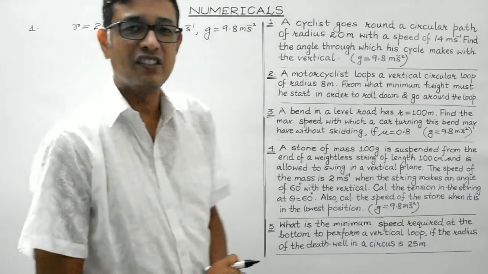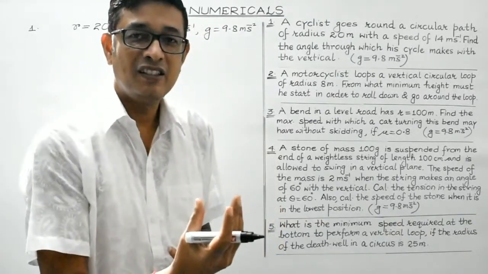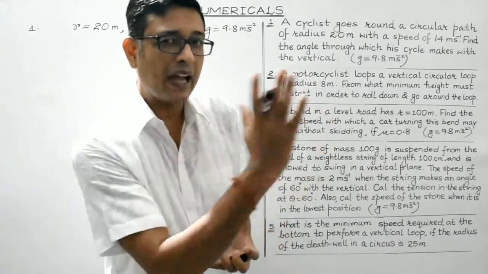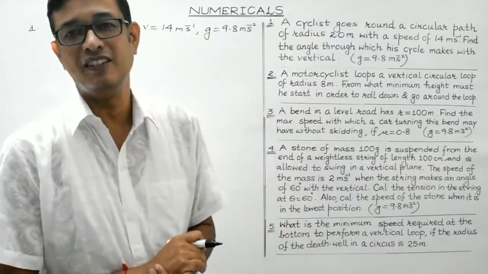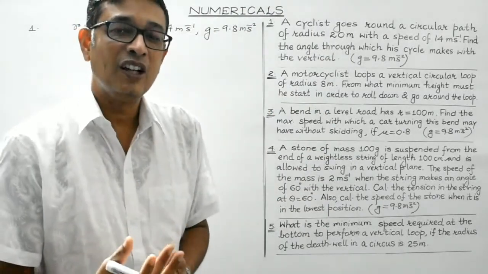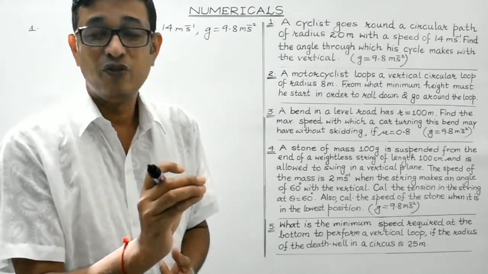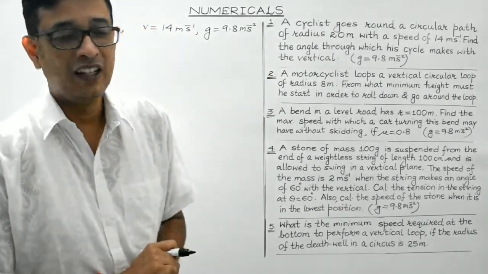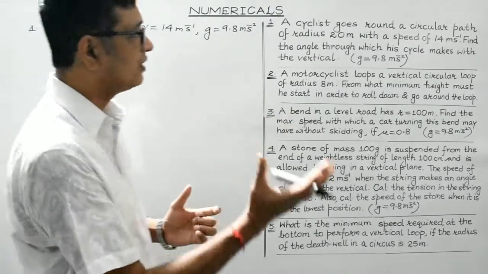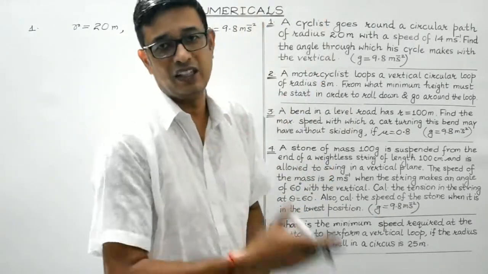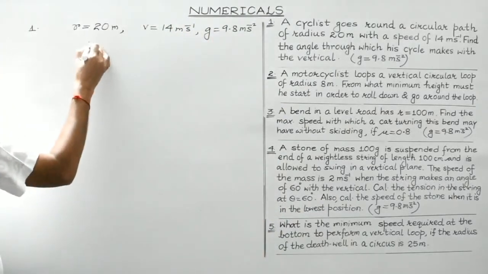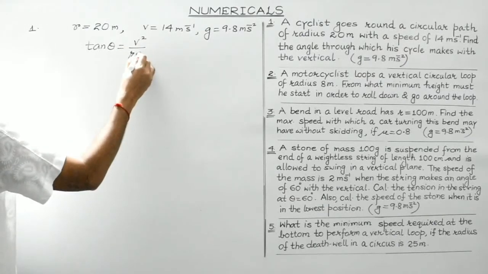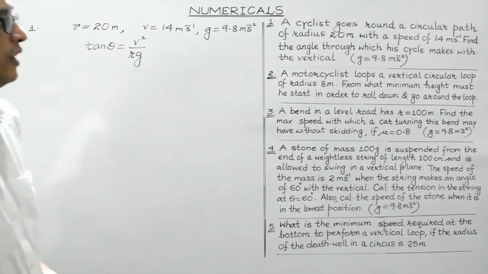Now students, we have discussed it that while taking a circular turn, a cyclist or a motorcyclist needs to bend through some angle, say theta, with respect to the vertical, because in that case the component of the reaction will provide the cyclist the necessary centripetal force, right? So if the cyclist bends through angle theta with the vertical, then we are aware of this formula: tan theta is equal to v square divided by Rg, right? So we need to find out the value of theta.